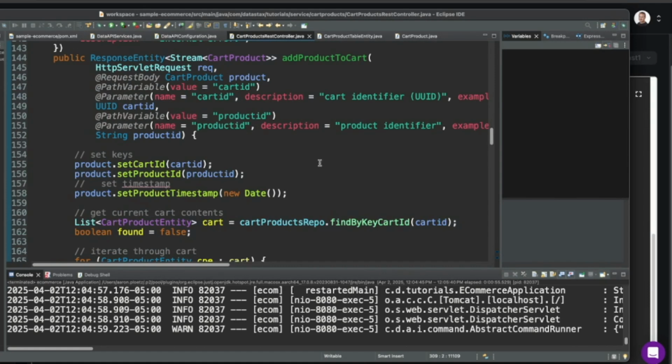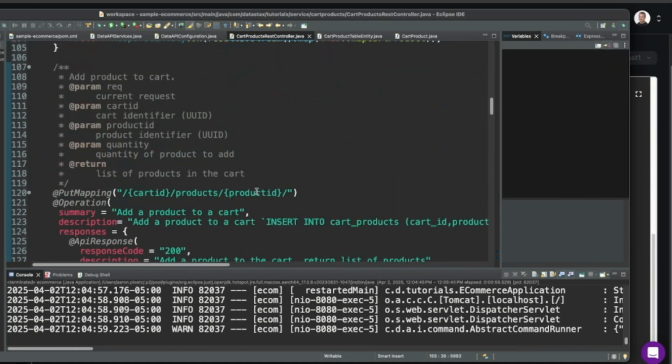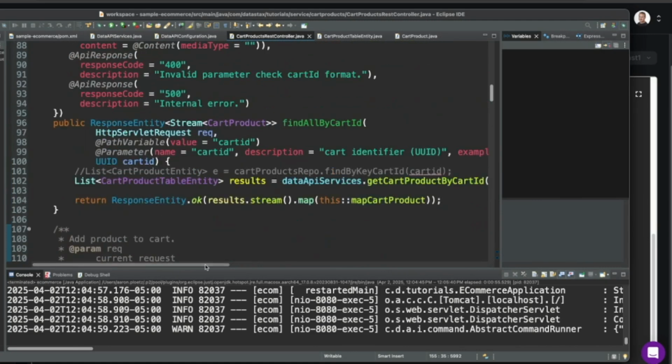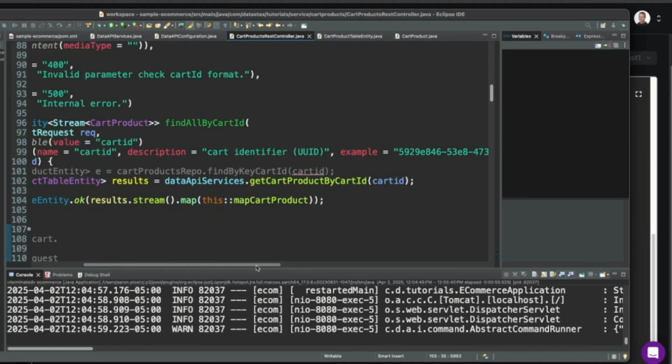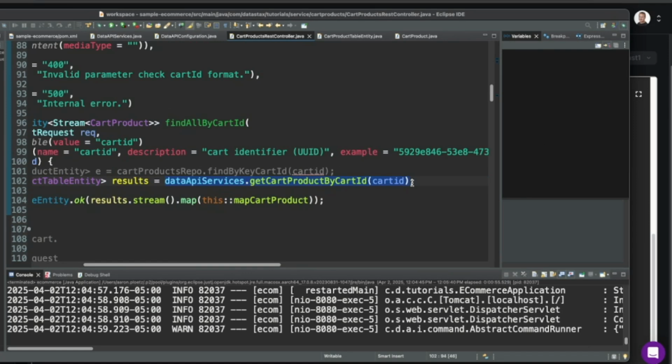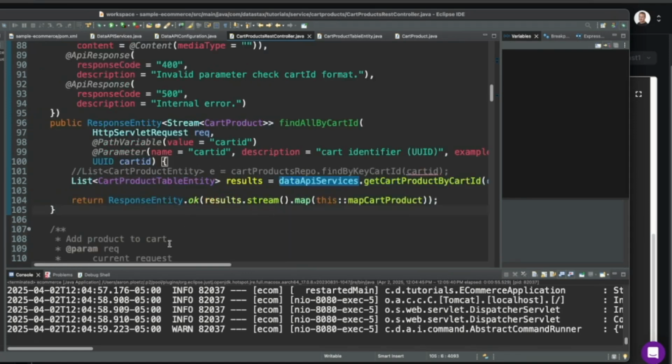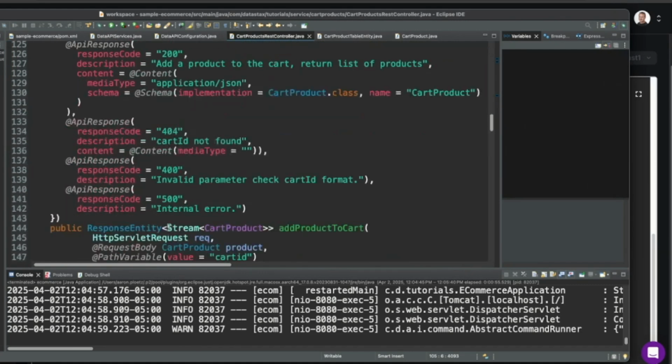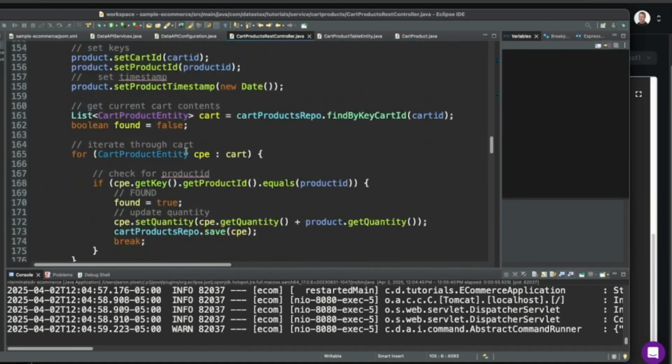Outstanding. With the getter for the cart product by cart ID working, let's move on down the line. That's going to be add product to cart. So first thing, let's go ahead and copy what we have for that get products by cart ID, because we're going to use that right here.